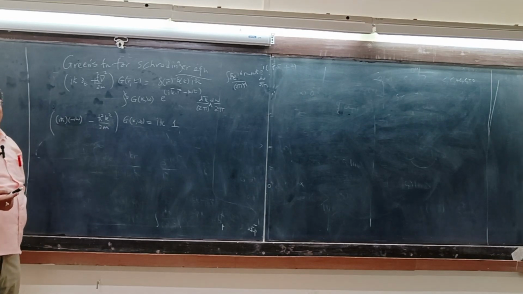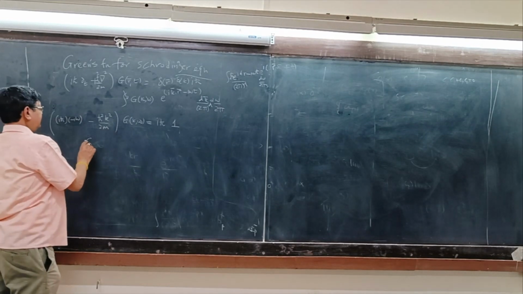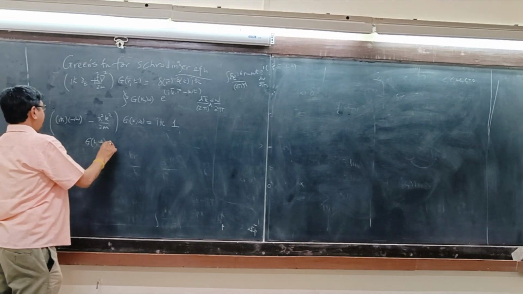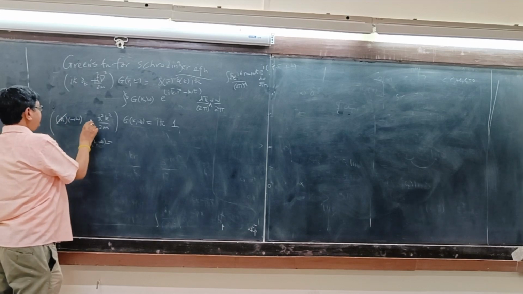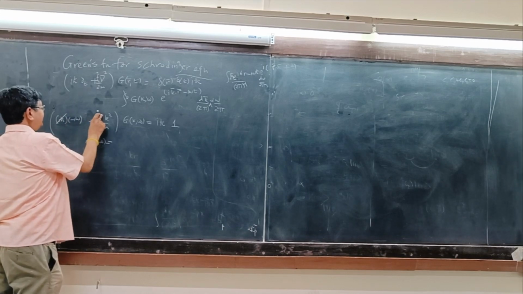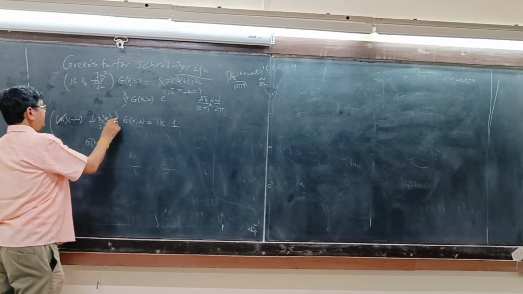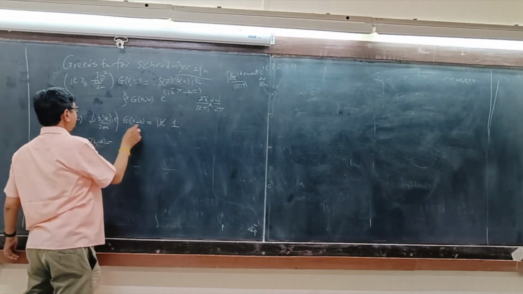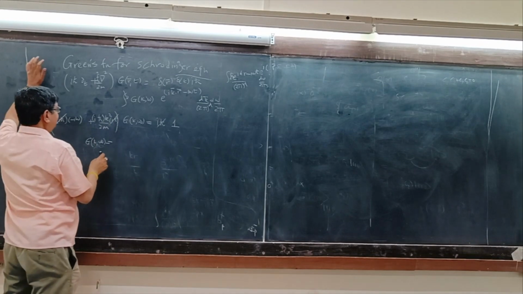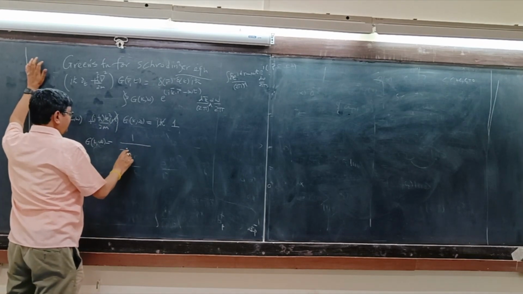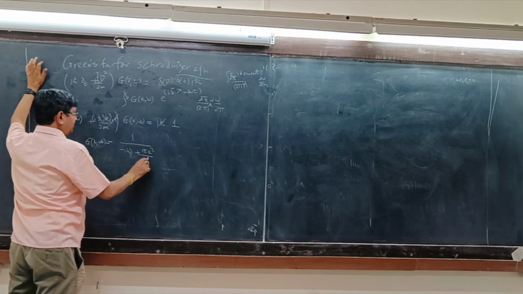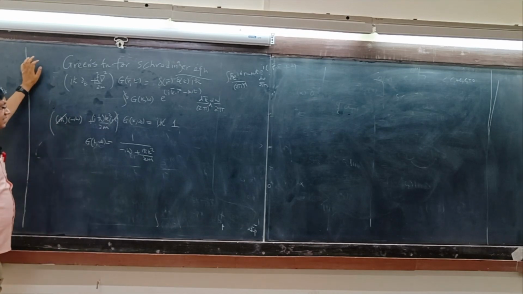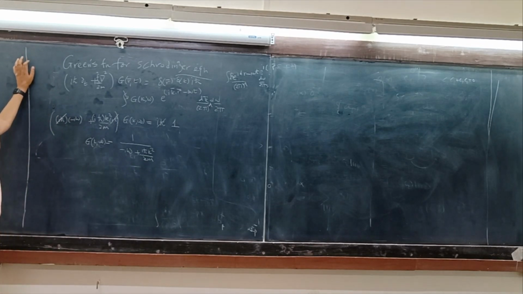Okay, so this I did in the class before. So g k omega is, i h bar gets cancelled, so you write this as i h bar times i h bar. So i h bar is going away from both sides. So I'll get minus i omega plus i h bar k squared by 2m. Okay, so this is my Green's function.